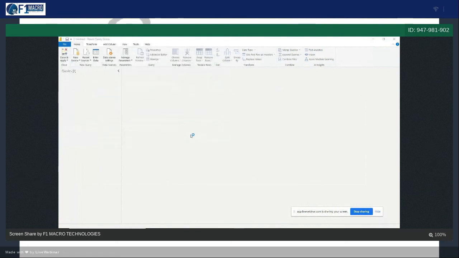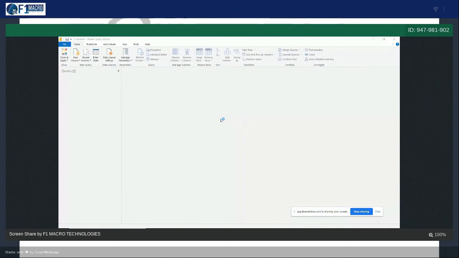Once you click on open, it is connecting to the data, which means it is extracting data from that particular data source. It will show you a window asking from which sheet you want to import the data.